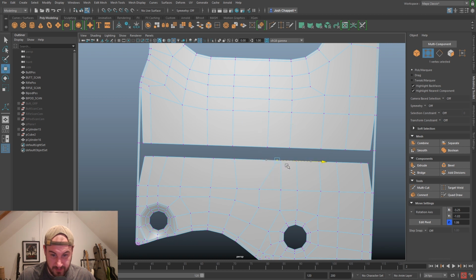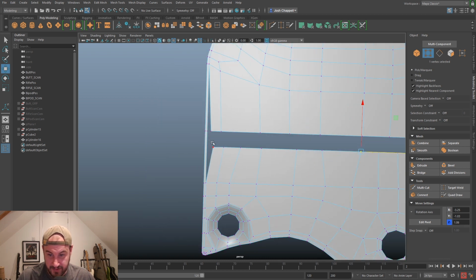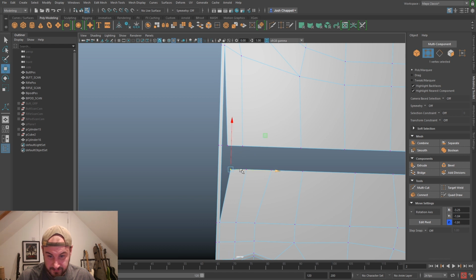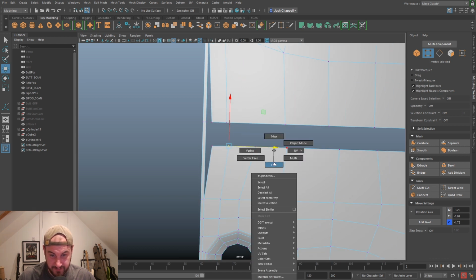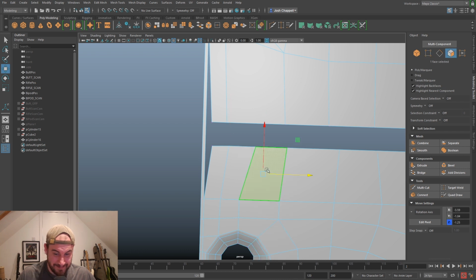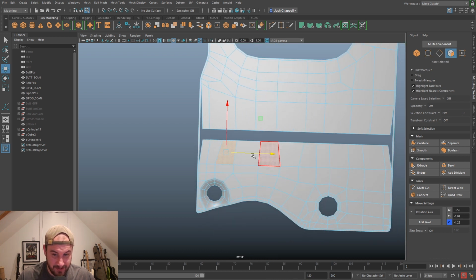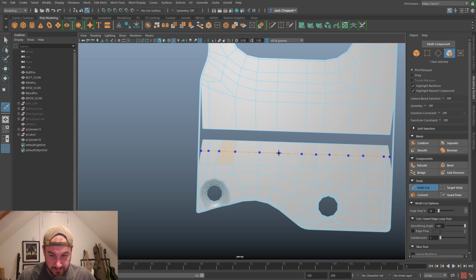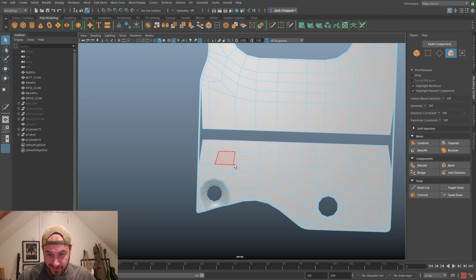This is definitely why you want to keep an eye on what polygons you add, because when you end up with a mismatch, it can be annoying. So what I'm doing, I'm just going to add an edge loop there. So I don't want to add it too close, I just want to make sure I'm going to delete that,